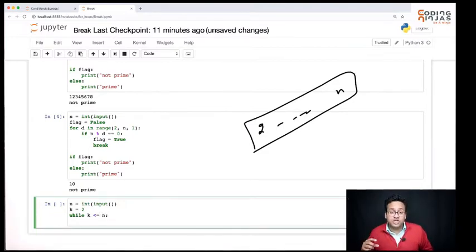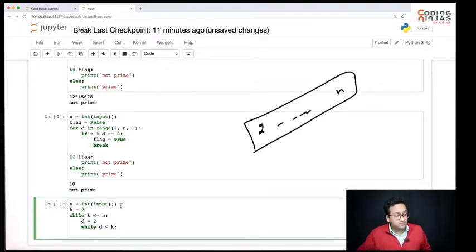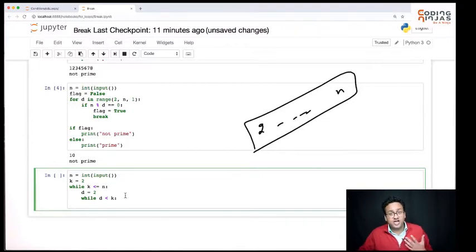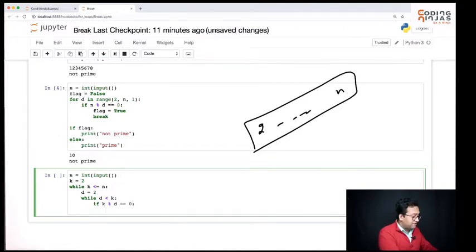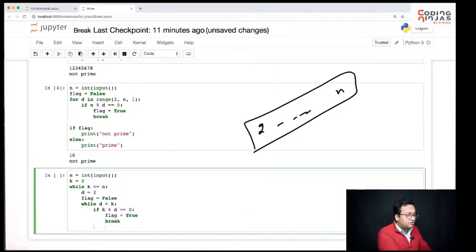So now within this while loop, I want to check if k is prime or not. So to check if k is prime or not, I want to start a d, and I'm going to take this d less than k, right? So to check if k is prime or not, I want to divide k by numbers starting from 2 till k minus 1. Okay. So we'll check if k is divided by d. In that case, we will have a flag. So let's take a flag which is false here. I'll set the flag to be true, and I can break the loop because I don't have to do this work anymore.